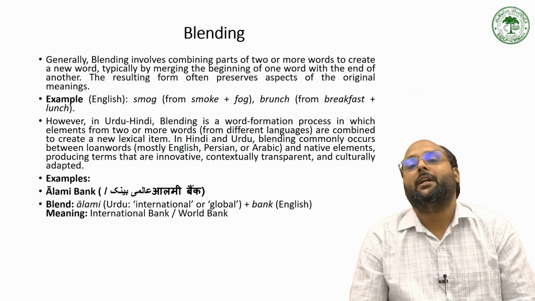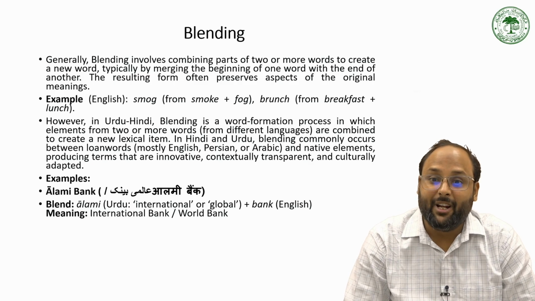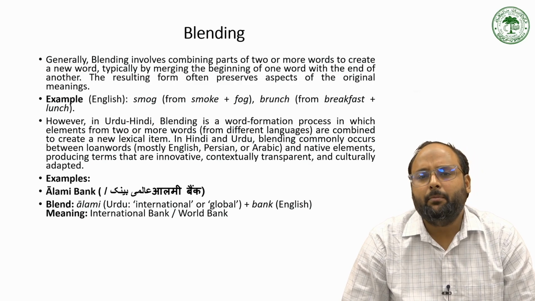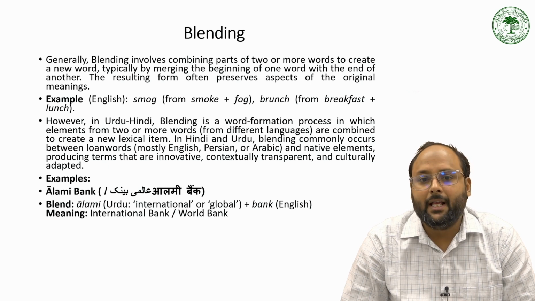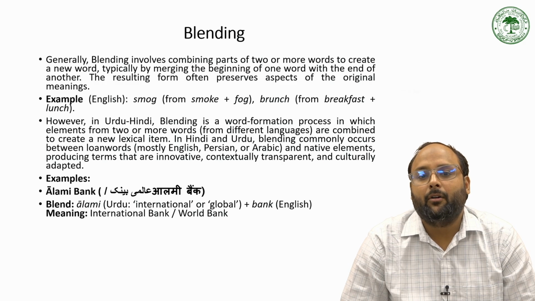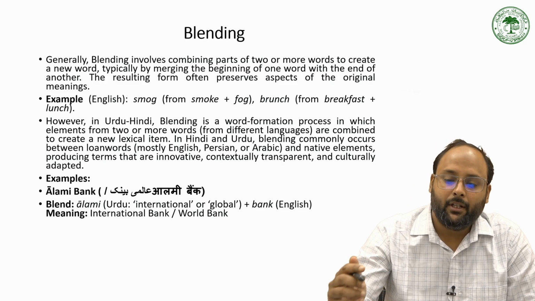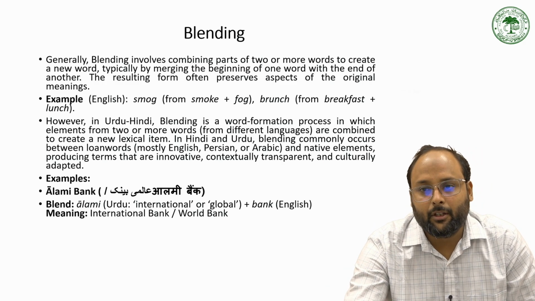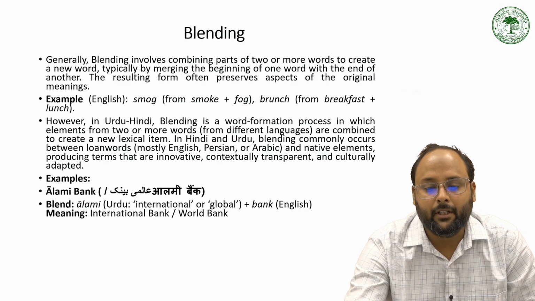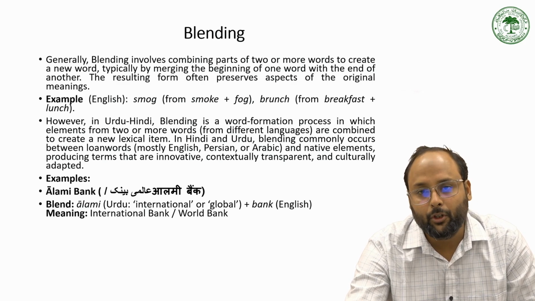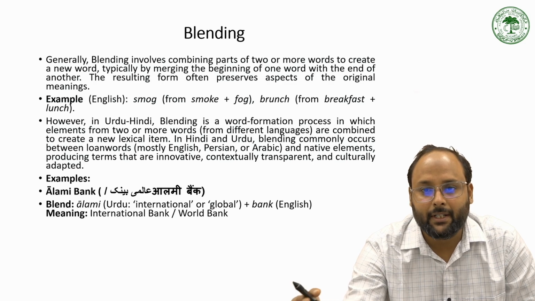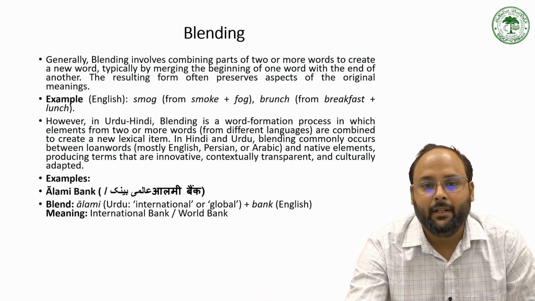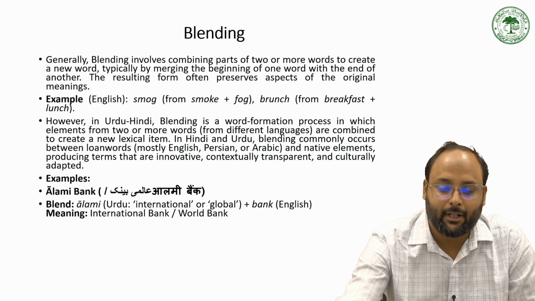Now we have the other type of word formation process, called blending. So generally we define blending this way: we combine two parts of words into a new word as one word. We take two parts of words and create a new word, not the two full words, because that is compounding. But in blending, we take some part of one word and some part of the other word and create one new word. So the example of blending is